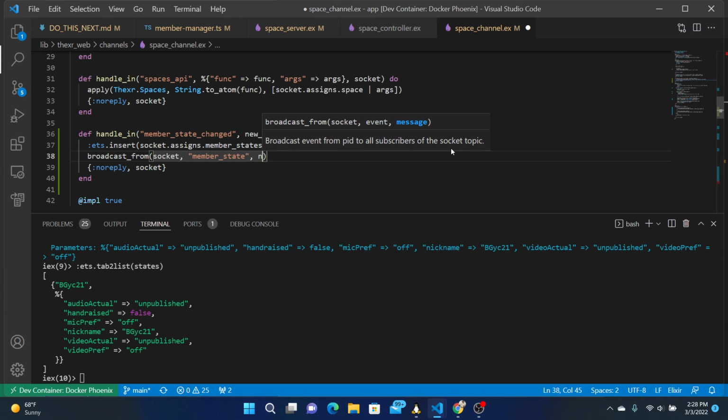And the state. Let's see, we are pushing member state changed. Can we receive member state changed as well? Push and then